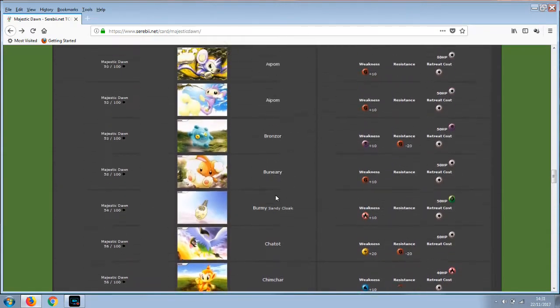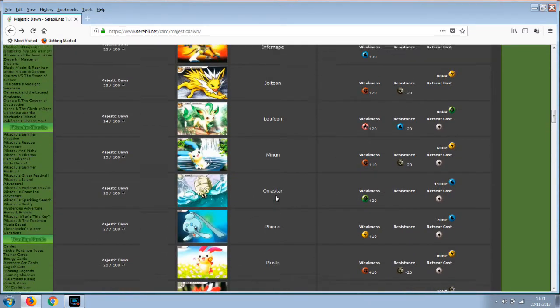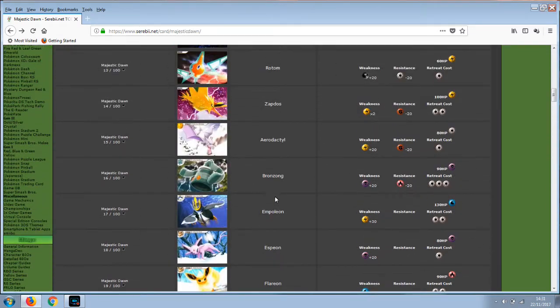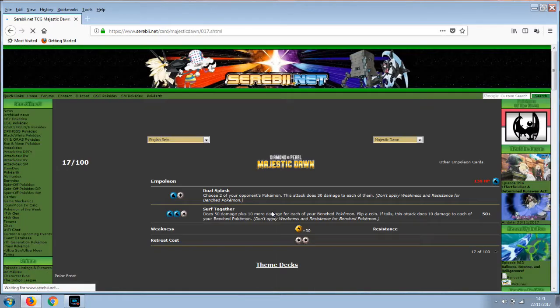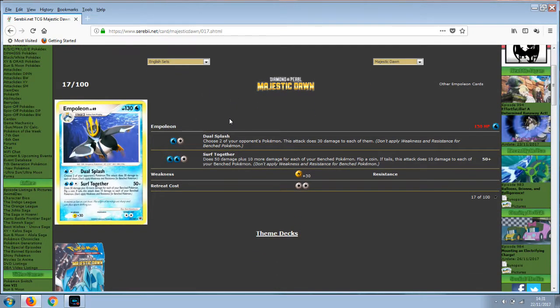Empoleon. Where are you? The Empoleon from here was actually kind of good for a little while. One of the better cards from this set. You got 130 HP. Good. And then you had 2 attacks, Dual Splash. You targeted 2 Pokemon, did 30 to each of them. So it was like 60 for 2. Decent, I guess. Spread wasn't that